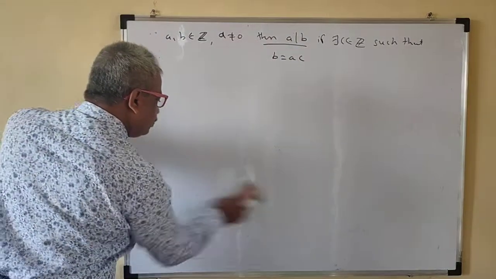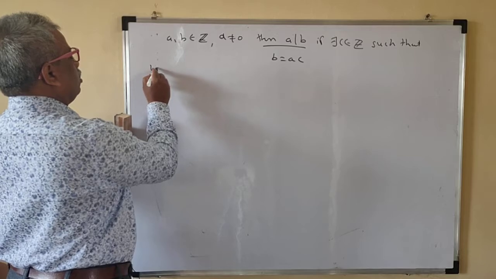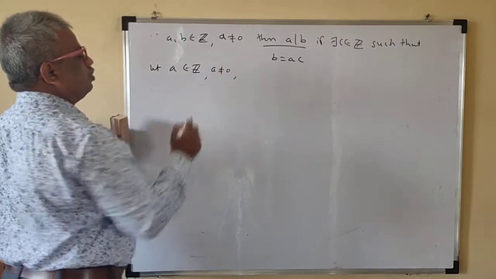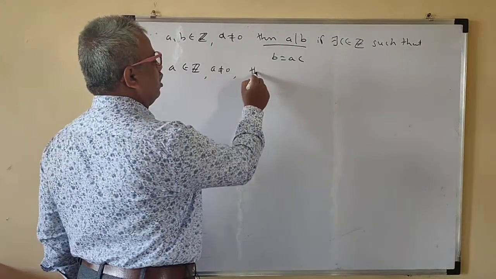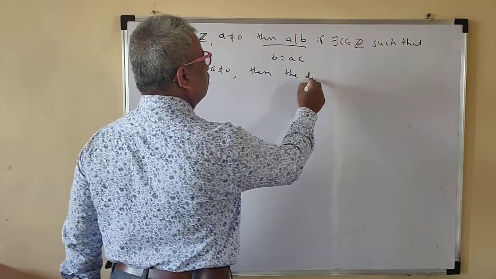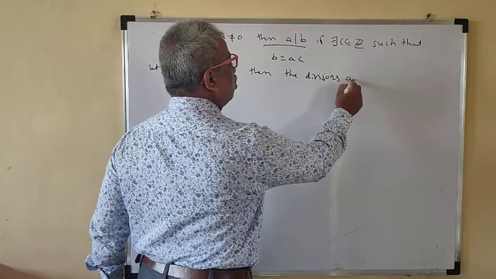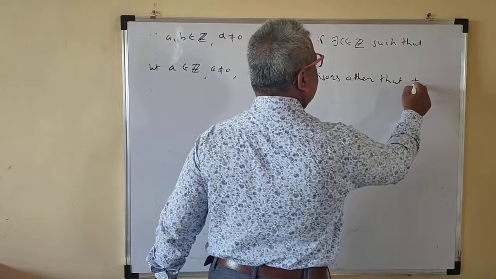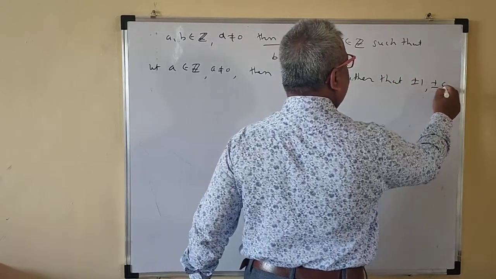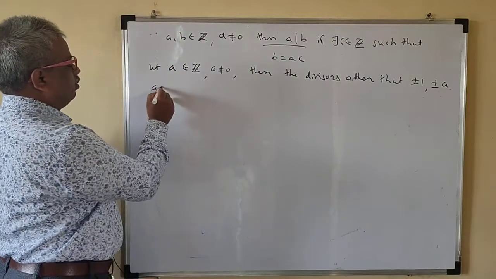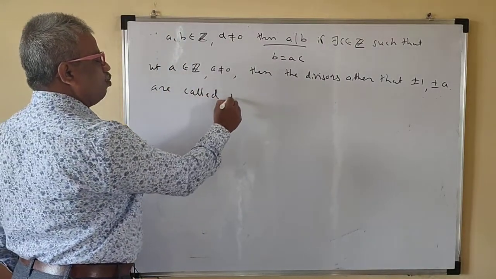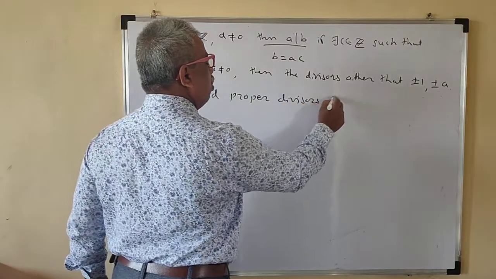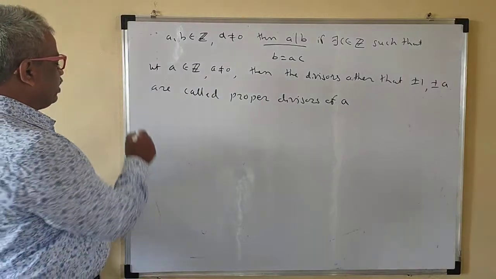Let a belong to Z, a not equal to 0. Then the divisors other than plus or minus 1 and plus or minus a are called proper divisors of a. Suppose, for example,